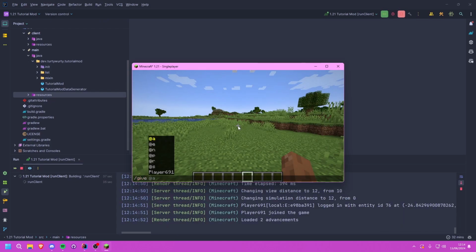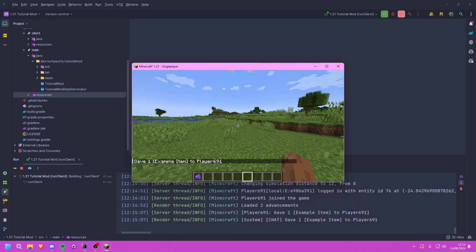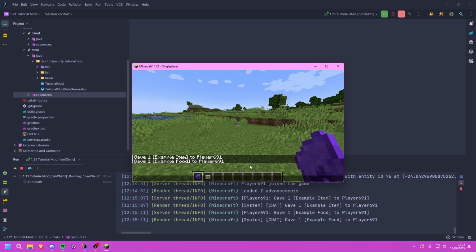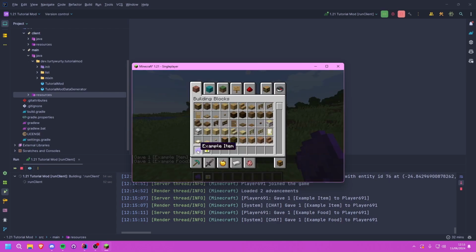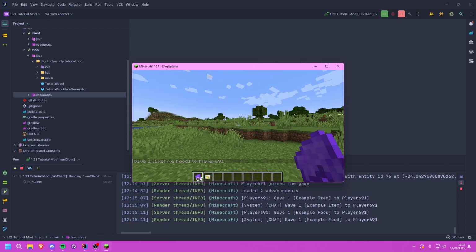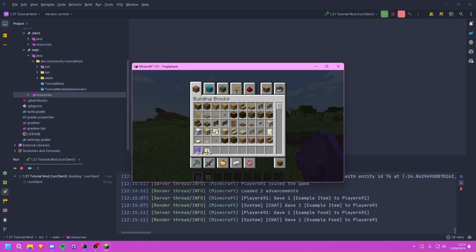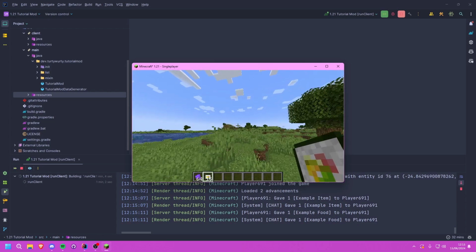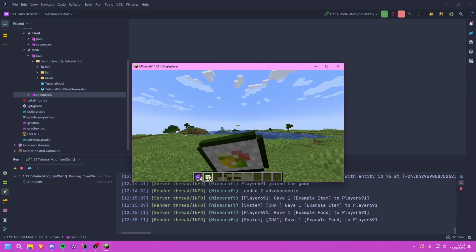Now if we go ahead and /give, we can do tutorial mod. I keep typing it. No, @s. Okay, tutorial mod. There you go. So we can now give example item, and then we can also give example food. There you go. And you'll see that it obviously has the correct name there. And then it's also, you know, an item, just like a normal item. And we see that this one only stacks to 16, since that's what we set the max count to. And we can also eat this one. So if we go ahead and eat it,